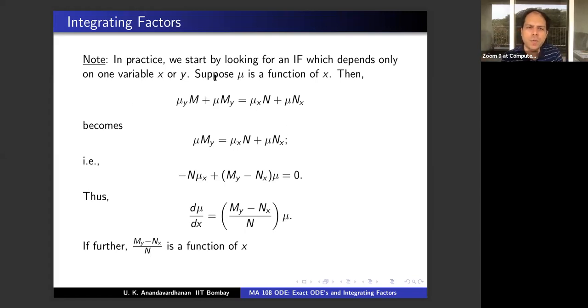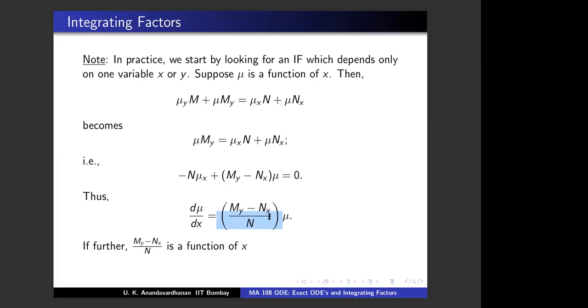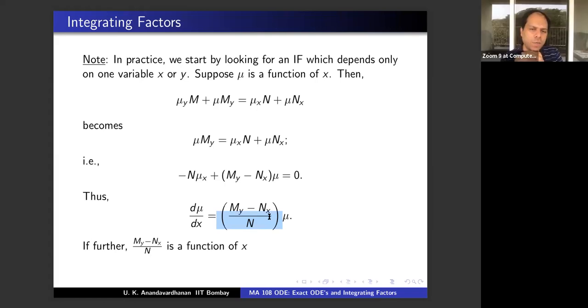Suppose you do this. Suppose you're assuming mu is a function of x alone. And when you come here, this is not a function of x alone. So you have wasted a little bit of time. How will you go back and redo the calculation? Mu is a function of y alone, yes. You go back and check mu is a function of y alone. Come to this stage, hopefully you will get this as a function of y alone, and then you can do. Suppose that also doesn't work.